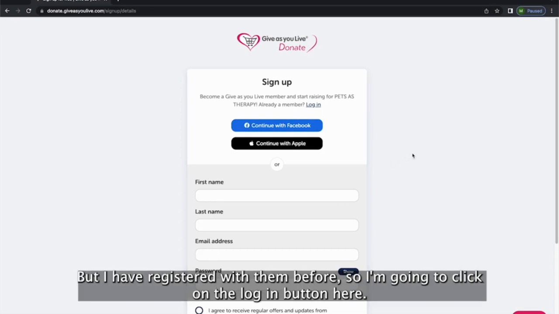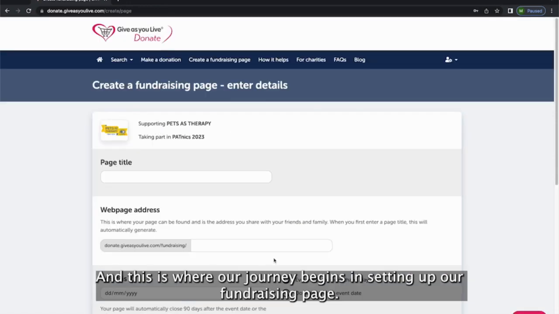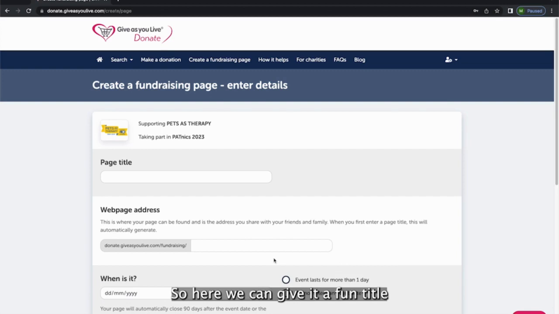But I have registered with them before, so I'm going to click on the Log In button here. Now, I'm a member, not a charity, and this is where you'd ultimately go to log in with your email address and password. And this is where our journey begins in setting up our fundraising page. So here we can give it a fun title,